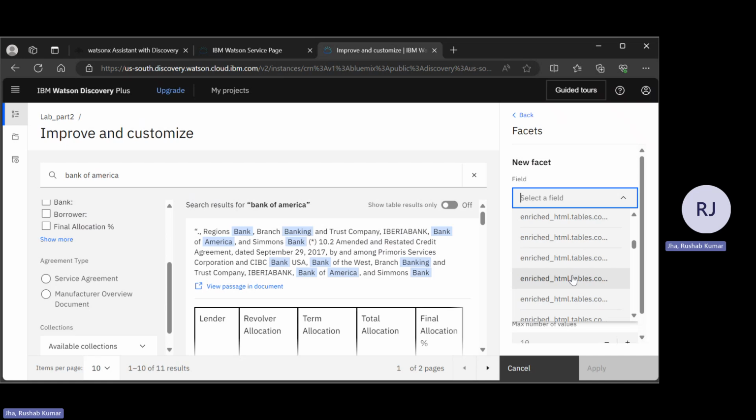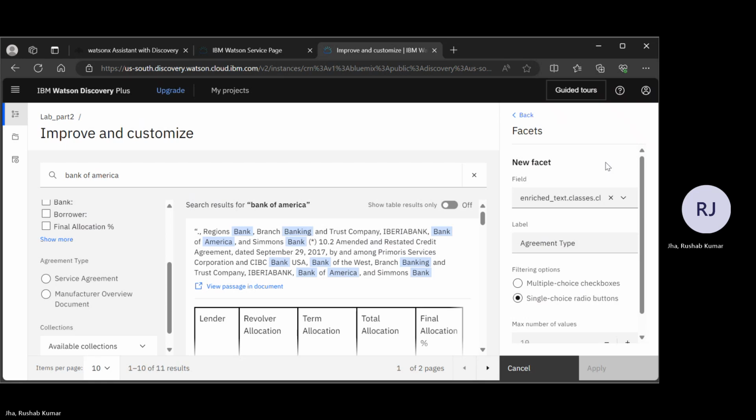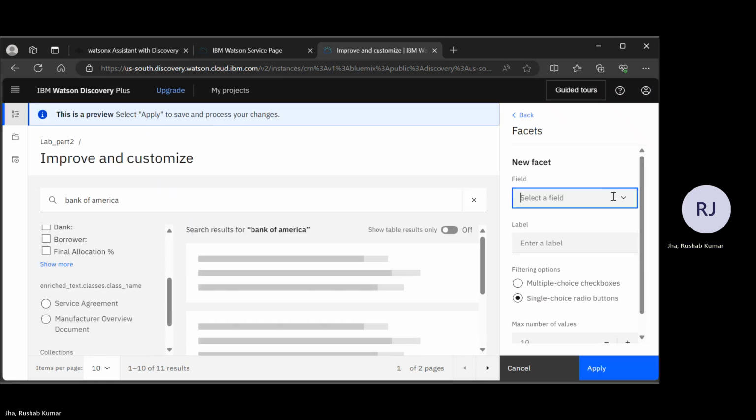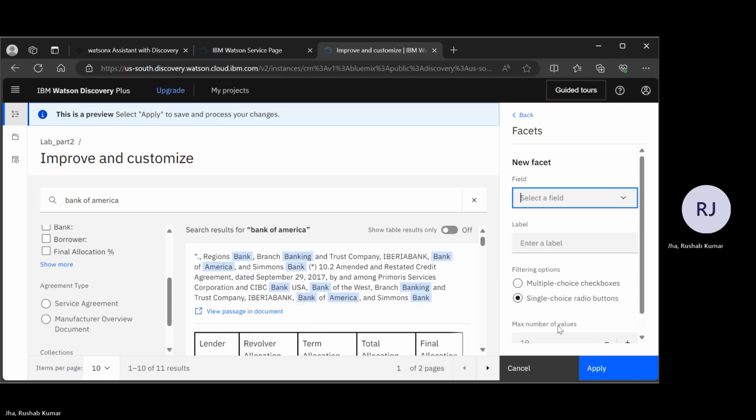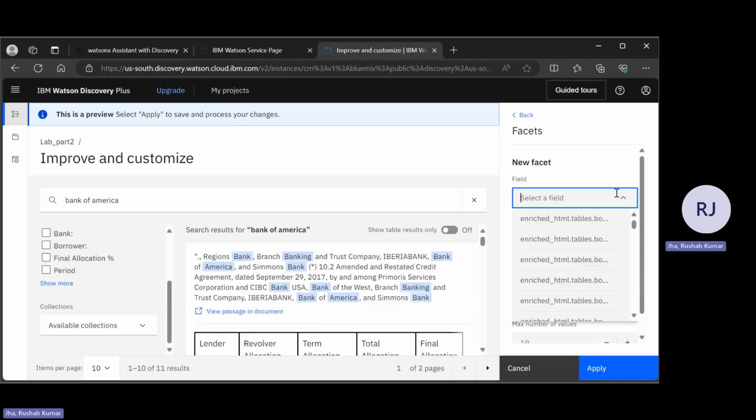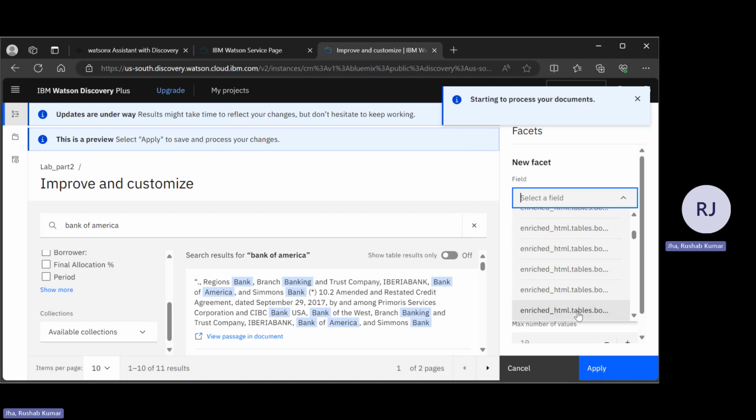Out of these multiple options, I have selected something, and it had selected something on its own. So I can cancel it and choose it again from the beginning, but I'll not do that.